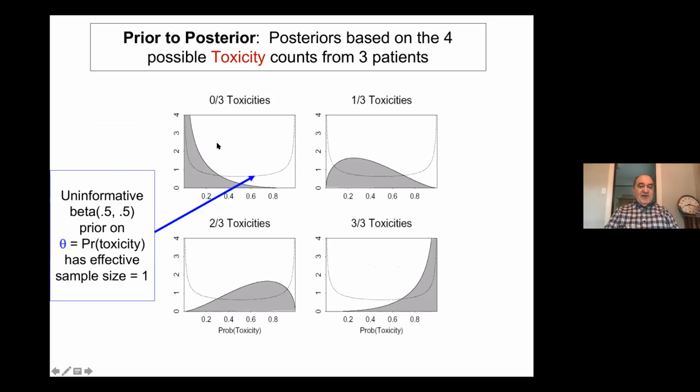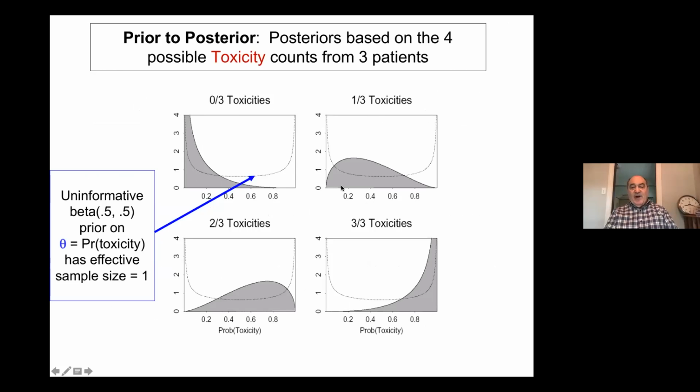In the simple case, here are the pictures of those 4 posteriors that I had the tables for before. So this is the posterior where the posterior mean was 0.125 and so on. So you see, if you have 0 out of 3 toxicities, here's the shaded areas, what the posterior looks like. And what all of the posterior distribution is, or prior, is something where the shaded area underneath the curve is equal to 1. And I've chopped this thing off at 4 because I didn't want it to go through the